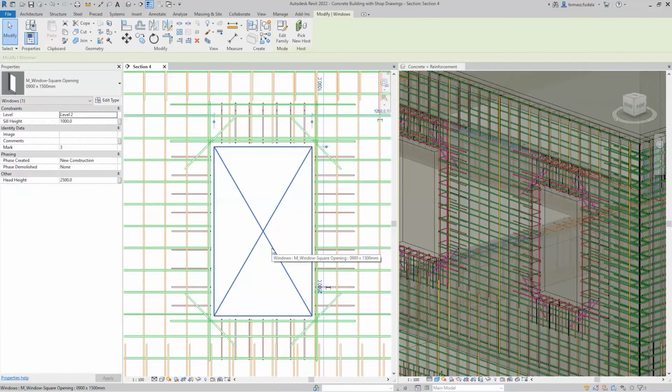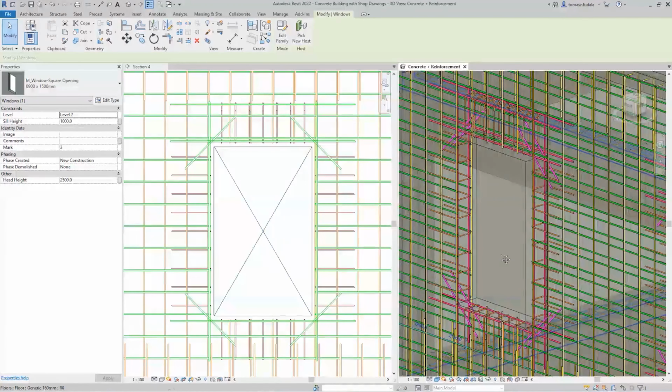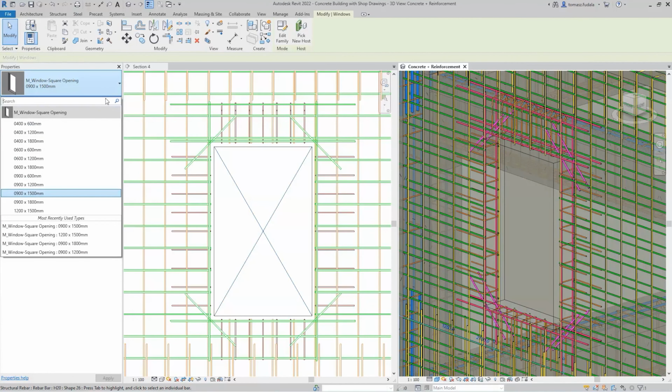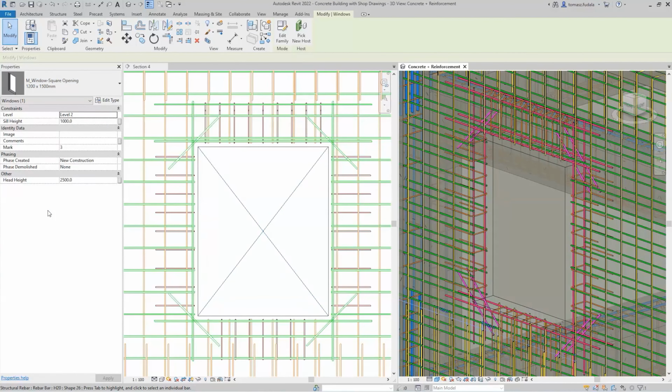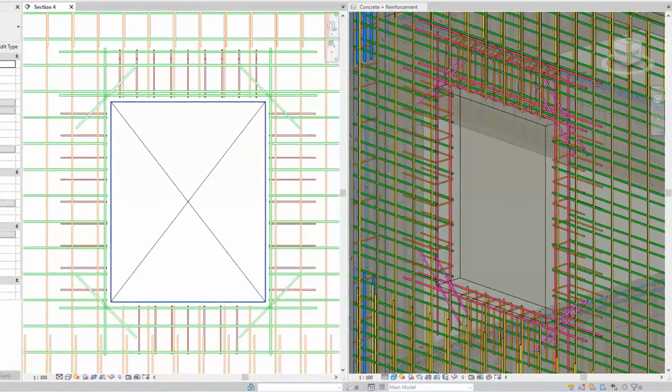But let's see what happens to our reinforcement in Revit when we change the size or location of the window opening. Because we have used area reinforcement systems, our reinforcement follows the changes associated with the opening. Rebars are updated automatically and shop drawings stay up to date. Here, I have used rebar constraints too, to have my rebars following design changes accordingly. I will be talking more on rebar constraints in a few minutes.